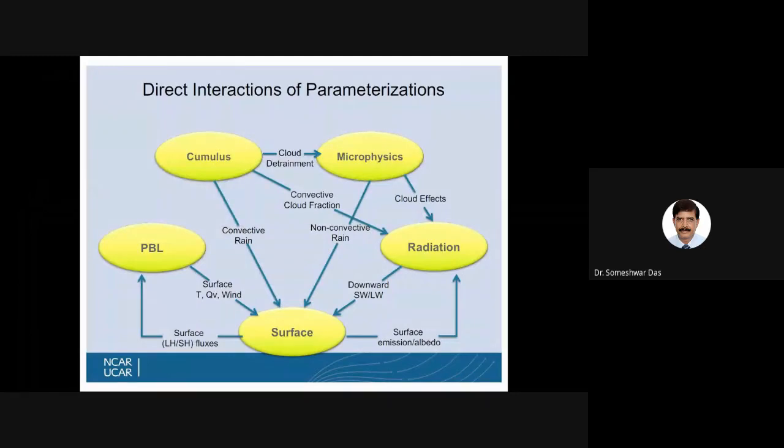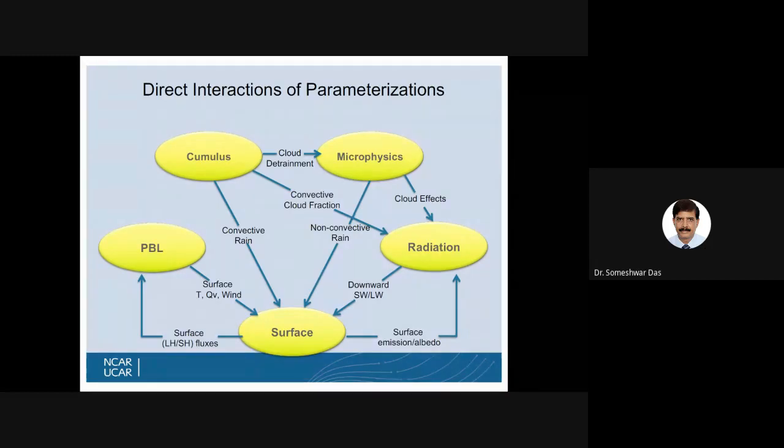Among the physics also, we briefly described the radiation part. We have described the surface layer processes parameterization, different options for that. We have also discussed both the land surface processes as well as the surface layer of the atmosphere. Okay, so the next in the series of the physical processes are the planetary boundary layer, cumulus convection, and cloud microphysics. Today we shall try to conclude all these, at least in the remaining 2 hours that we have.